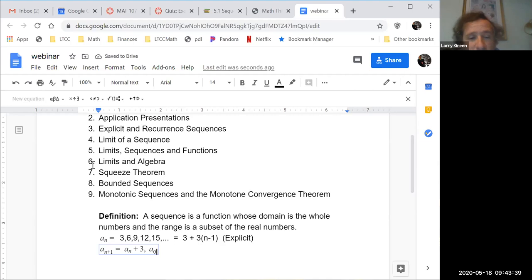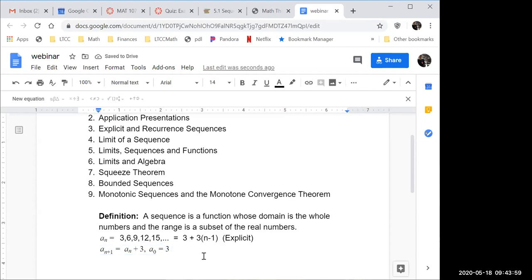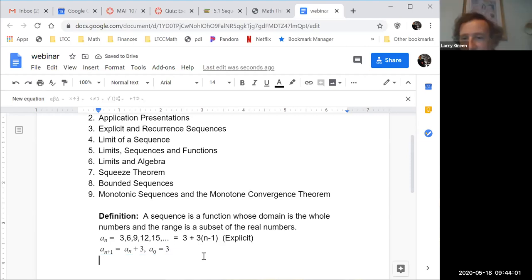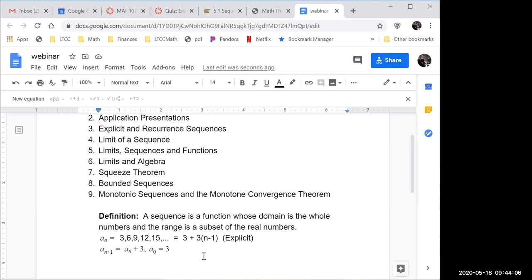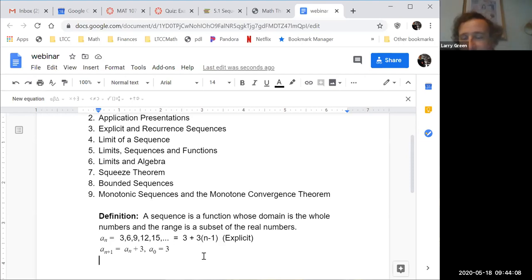There's actually 2 ways of doing this, and I'm going to divert a little bit from the book's way. I'm going to say our first number is 0. Our first count is 0. And there's 2 reasons for that. So a sub 0 is 3, because the first number is 3, and you keep adding 3s. Who knows why I like to start at 0 instead of 1? Call 0 the first element instead of 1.